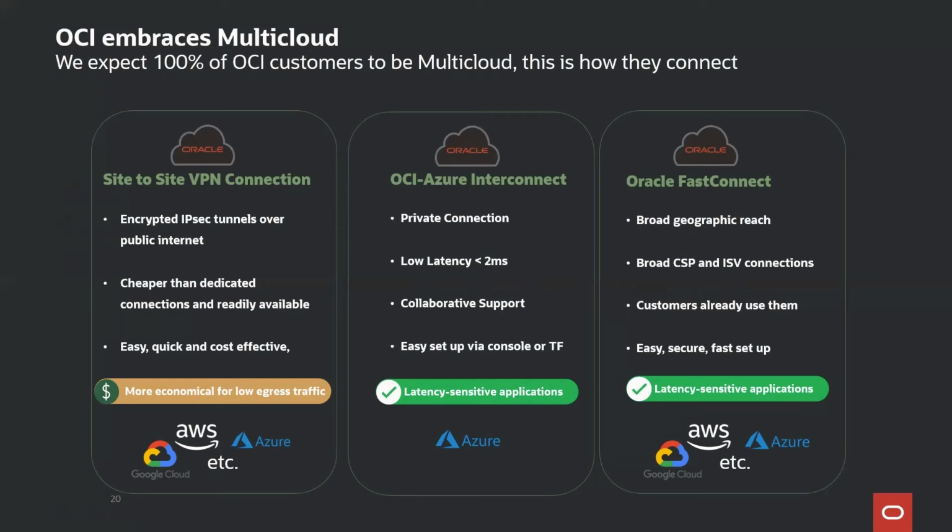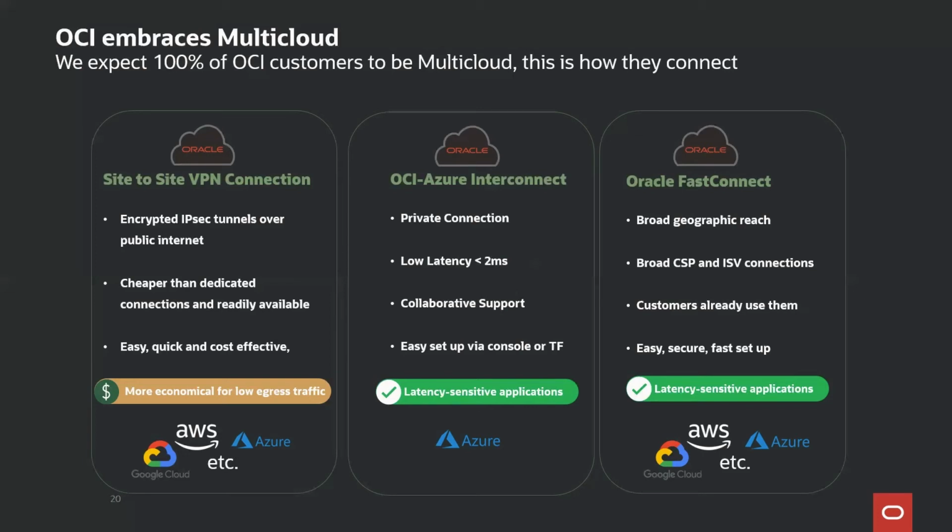So the OCI Azure Interconnect provides a private, secure, physical connection between Oracle's cage and Microsoft's cage. So this provides a very fat pipe that gives very low latency, so you can connect at very high speeds between the Oracle cloud and the Microsoft cloud. It's as good as being local to one of the clouds independently. Very low latency. Our internal goal is to always provide somewhere around 2 milliseconds in this connection.